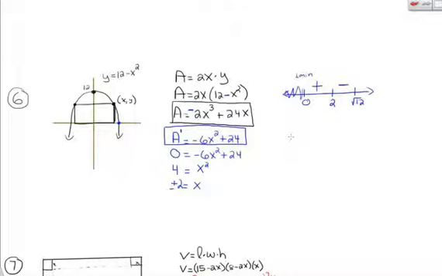And the question says, what is the largest area the rectangle can have? What are its dimensions? So when x equals 2, the length of the parabola would be 2 and 2, so the length would be 4. The height would be, plug 2 into the equation. 2 squared is 4, 12 minus 4 is 8. So it looks like the dimensions are, when x equals 2, or when length is 4, height is 8, all the same thing, we should, of course, get an area of 32